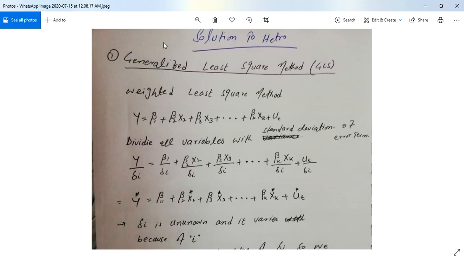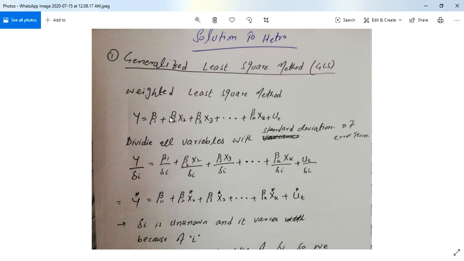And this is another method for removing heteroscedasticity from our data, which is called the generalized least squares method or weighted least squares method. So how will this method be executed? For example, if you have a model like this, y is the dependent variable, and x2, x3 and xk are the independent variables.